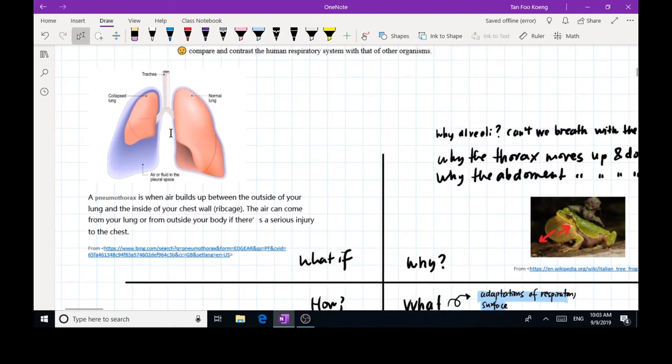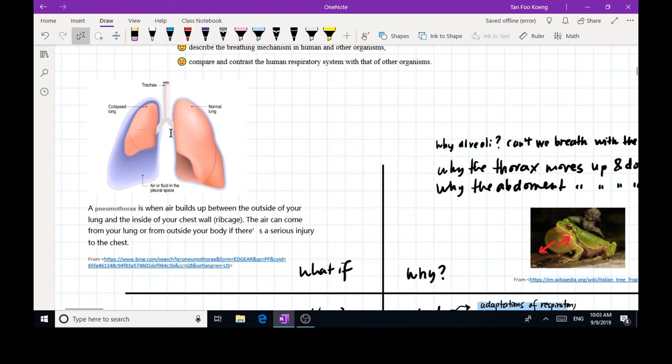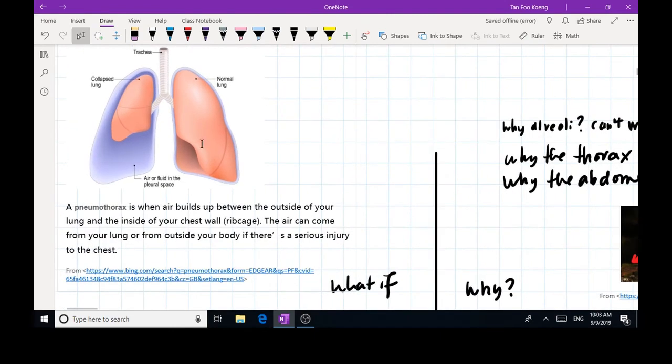Okay, now last phase. Now what if we have a puncture at the lungs? Will we be able to breathe? Now as you can see here, in this diagram, this is pneumothorax. It is when the air builds up between the outside of our lung and the inside of our chest wall, which is the rib cage. So there, the air can come from your lungs or from outside the body if there is a serious injury